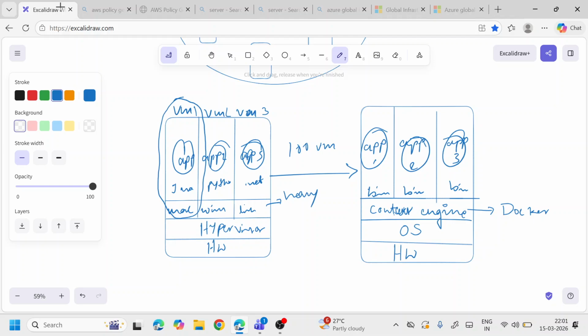There are different OS. Then again, you will have to create an app or application. It might be a Java application, Python, or a .NET. But here, what happens when you install a Docker application? Docker application runs on only one OS. So basically, one app, and instead of